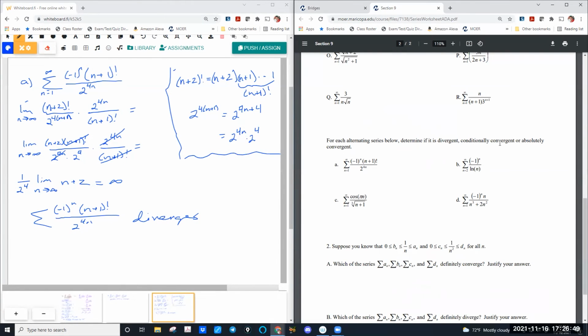Okay. A good example, B and C are good examples of ones that would be conditionally convergent. D would be absolutely convergent. And the reason is because B and C will converge with the alternating series test, but once you take the absolute value, they will diverge. And that can be shown with P-series comparisons. Similarly, D, we can show that, it converges with the alternating series test, but if we were to take the